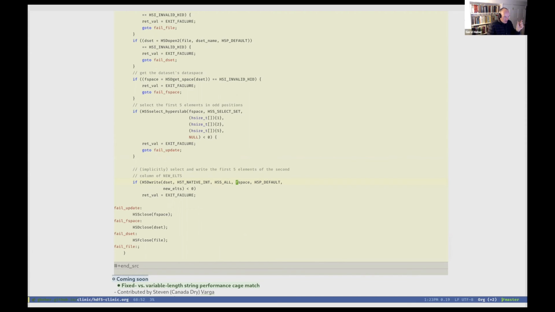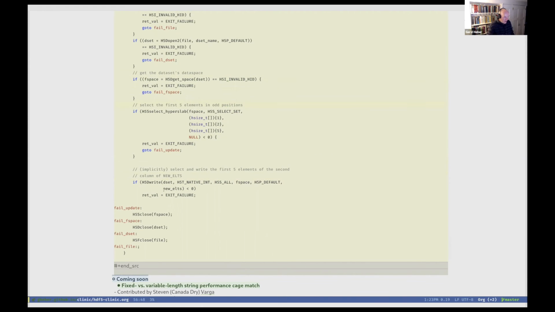Because, as I just said, in the file space I have this selection where I skip the first element, select the next one, and so forth, selecting every other one 5 times. What does that mean for H5S_ALL? And by the way, this is a write call, so the file space is the destination. The source is H5S_ALL, and we'll figure out in a moment what this is.